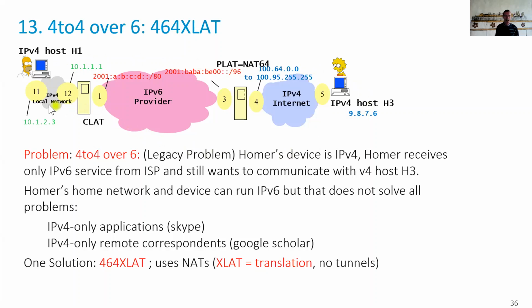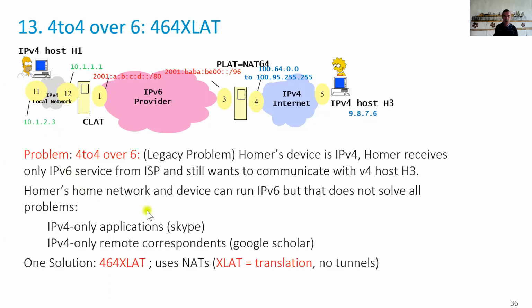Here's the scenario. The scenario is you have IPv4 systems here, and you want to talk to an IPv4 remote customer here. So why would you like to do that? Well, perhaps because you don't have IPv6 access, but perhaps also because some services are available only over IPv4. So if you go, for example, to Google Scholar, strange enough, I mean, Google is one of the leaders in the IT world, is not able to provide their Google Scholar service over IPv6. So if you want really to access it, you need either an application layer gateway, a web tunnel that will go for you in IPv4, or you run IPv4 in your machine and you need to have an IPv4 access